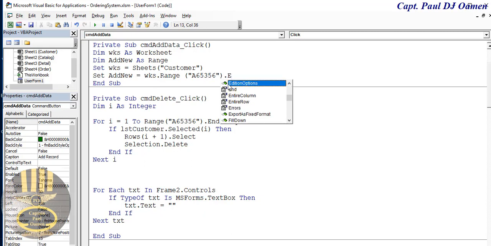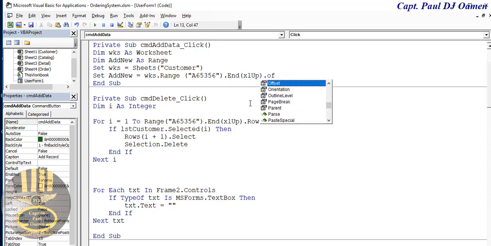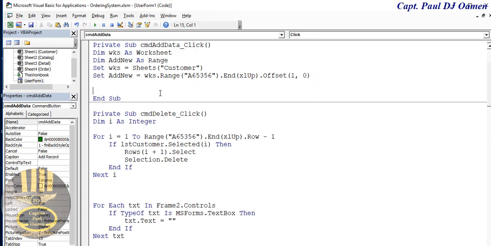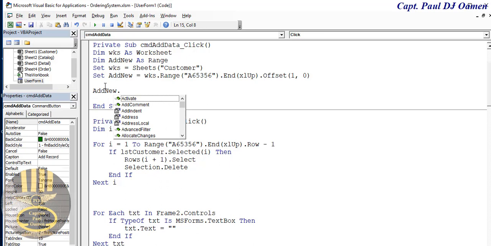So I'm going to say end, open a bracket, XL up dot offset, and that is going to be one there, just one at a time. So let's say add new